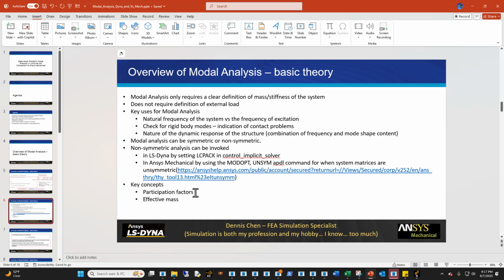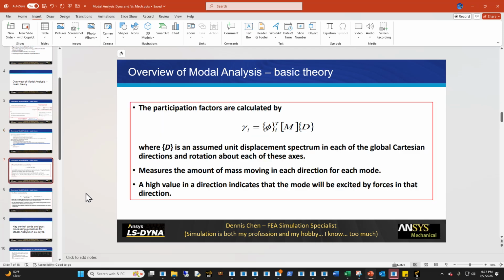One of the key things other than mode shape and natural frequency in a modal analysis that you look for is the participation factor and the effective mass. These two factors are essentially how much mass is moving in a specific direction. So the more mass you have in a specific mode moving in that direction, the more likely the structure is going to respond that way when it's excited in that direction, close to that frequency of interest. If that sounds confusing, I'll do a quick demonstration in a bit,